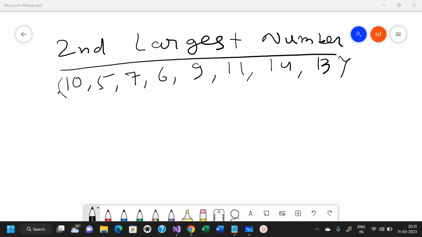Today we are going to write a program where we will find the second largest number from an integer array. As per interview perspective, this is a very important program and we will see different approaches. We will write two or three programs where we will use predefined functions as well as write our